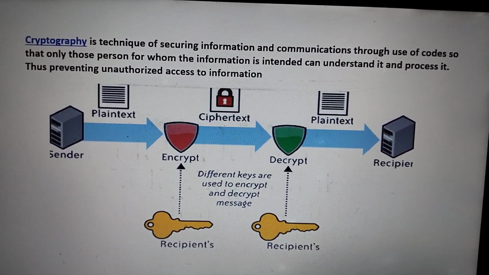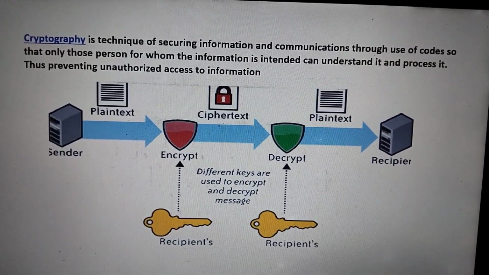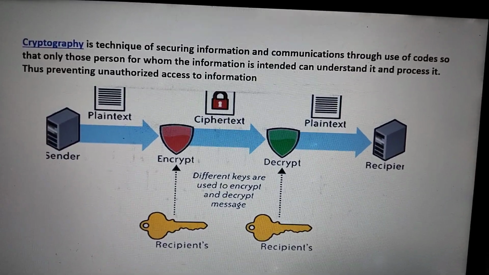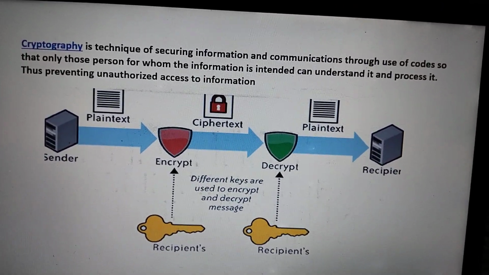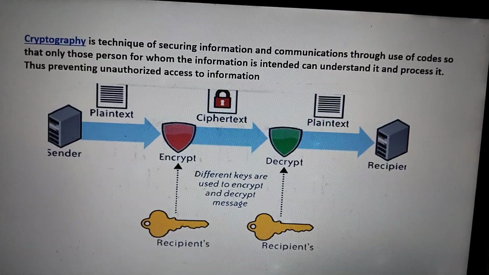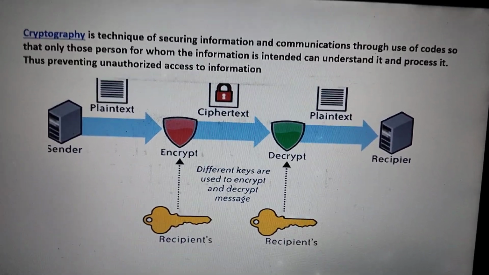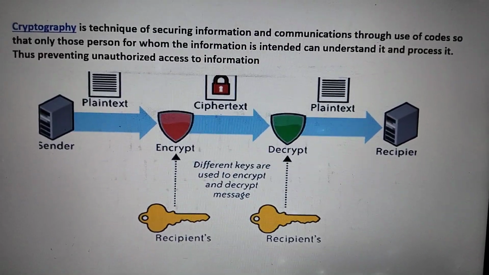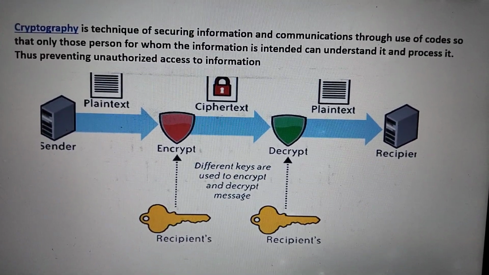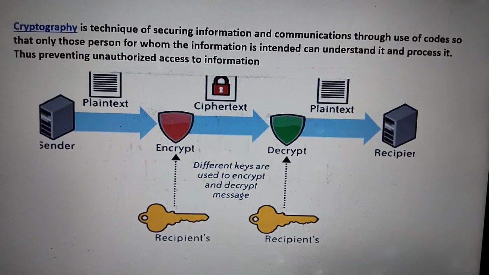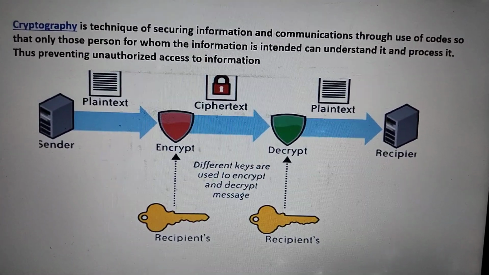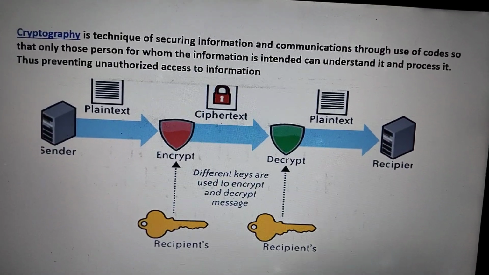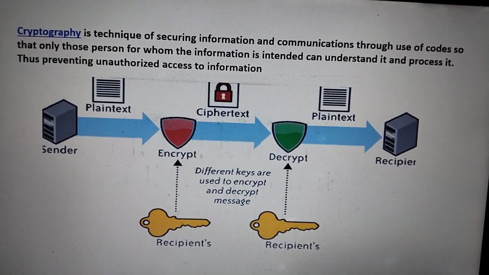The main advantage of cryptography is that only authorized persons can process the information and understand it. The main aim of the cryptography concept is to prevent our data from unauthorized access. With the help of this, the information can be accessed by authorized people alone, and that is called cryptography. From this diagram you will get better clarity about what cryptography is.